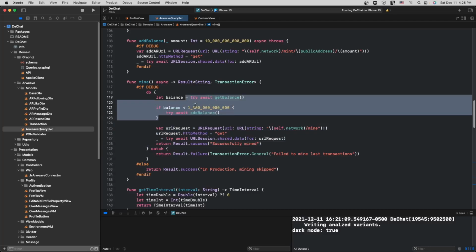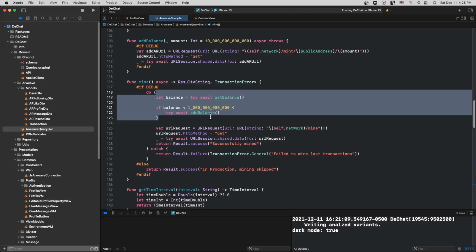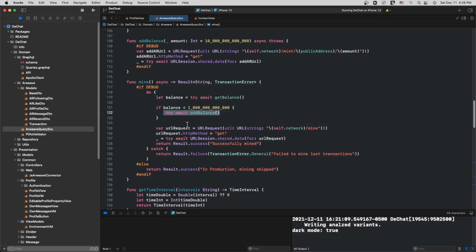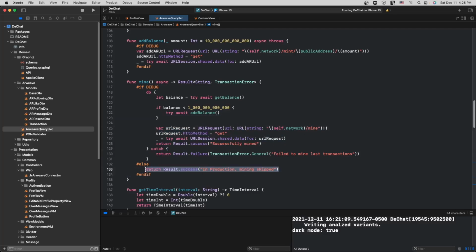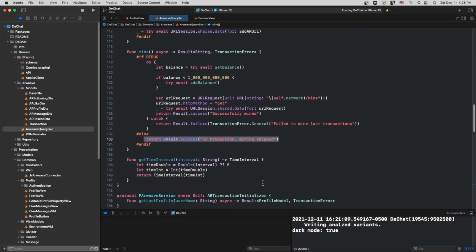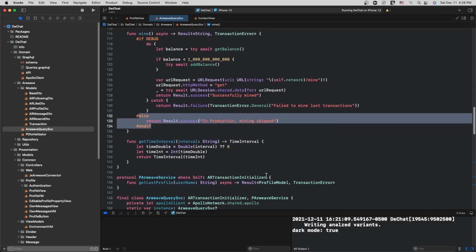And this stuff is because our local instance, even though it's a test instance, it does try to be realistic. And of course, when you're posting data onto any blockchain, you have to pay for that transaction. So in debug mode, I am checking for the balance on the wallet, and then I'm giving myself some fake money, and then I'm doing the mine. Obviously, in production, there is no mine and there is no giving myself fake money. So that's why in non-debug it looks like this.